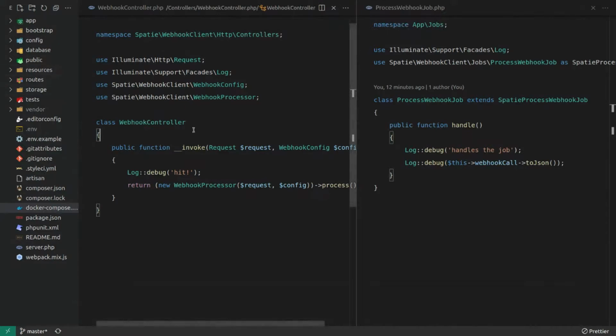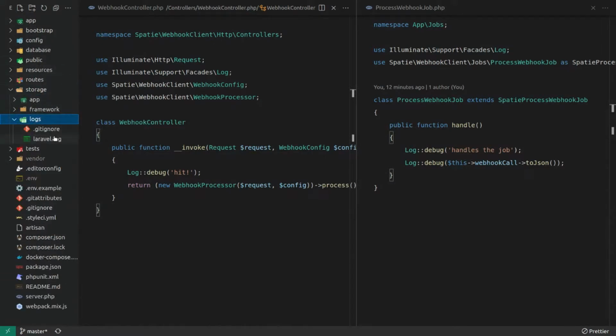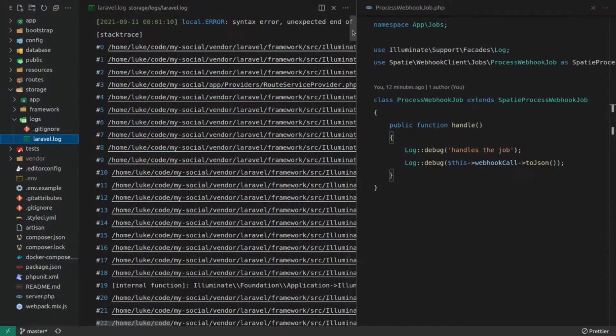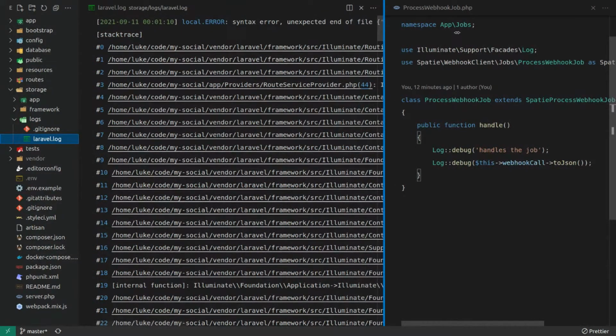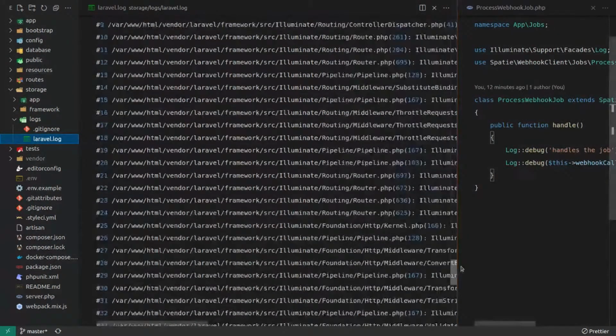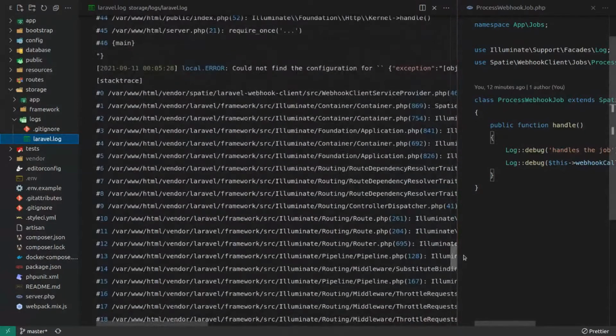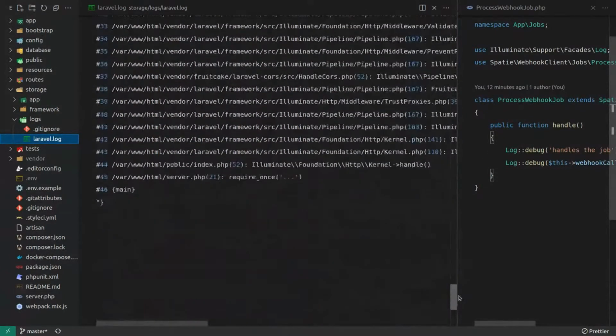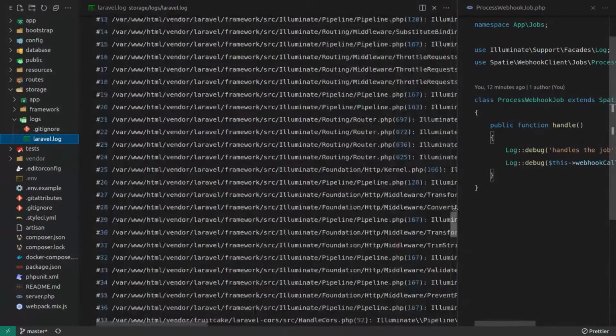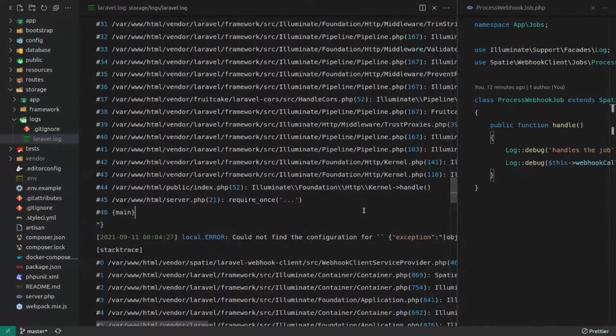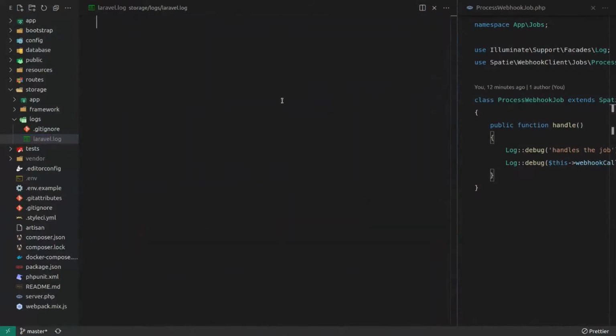Maybe it's logs. It would be under storage, logs, Laravel log. It doesn't look like it's being hit. Save that, try it again.